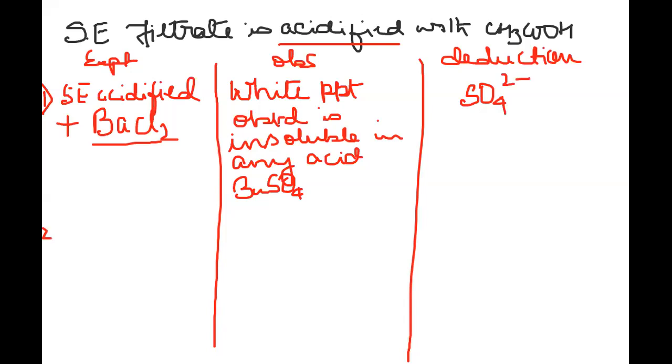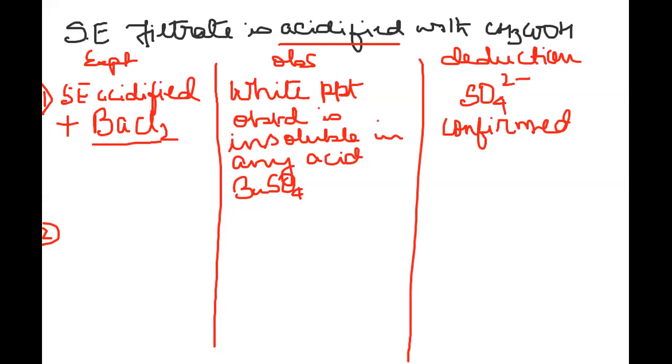In the second, suppose I did not get sulfate ions, and this test was not positive. Then what are we supposed to do? Then we will proceed to the next test. In the next test, again the soda extract that you are taking may contain chloride ions, because in this case we have tested for the sulfate radical. Let us now see what the test for the chloride ion is.